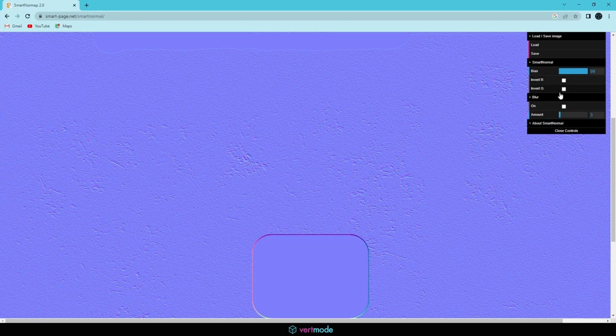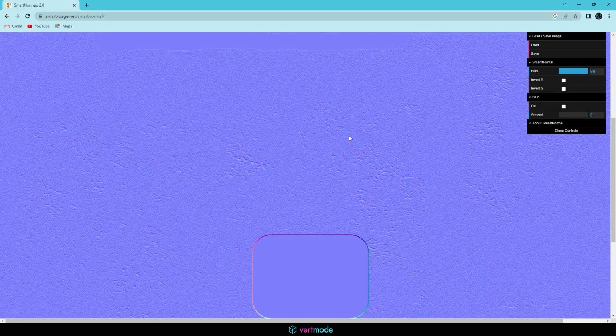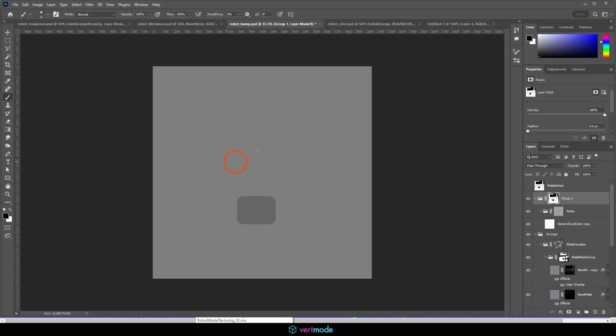You can also invert channels. We don't need to worry about that. And you can also blur. So if you didn't like the sharpness, you can click blur here and you can actually blur areas. So what we want to do is just kind of calibrate our height map a little bit better to come in here. So I'm going to hop over to Photoshop,